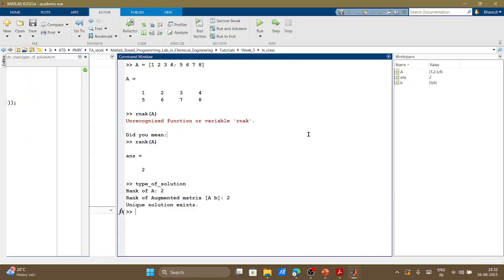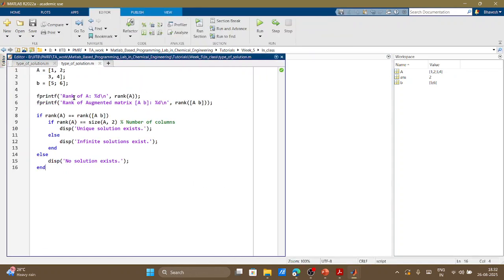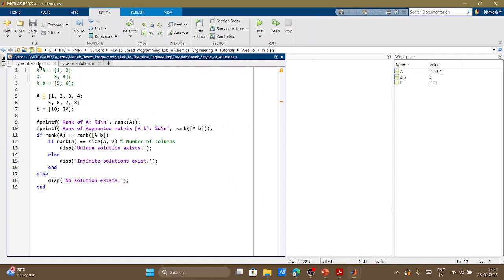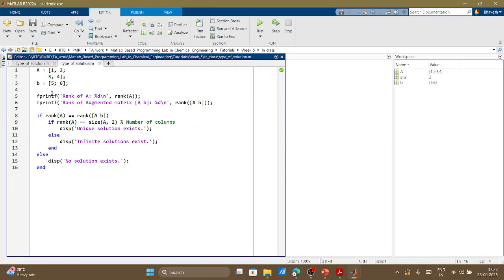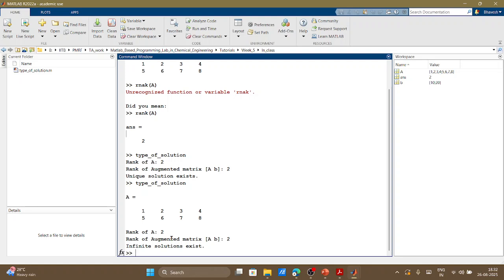if you run it and see, this is what you are getting. Rank of matrix A is 2, A augmented B is also 2. That means a unique solution exists for that system. Consider this example, this only. So this matrix we saw, now the parameters A, B, I have changed. So let's try to see what happens now. So in this case, my rank of matrix is 2, augmented matrix is 2, both are equal, so I will have